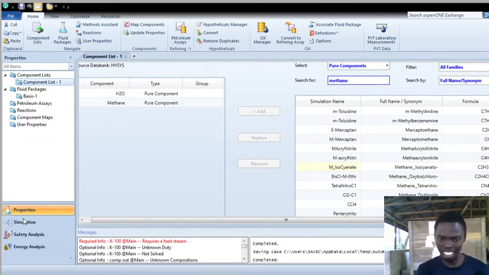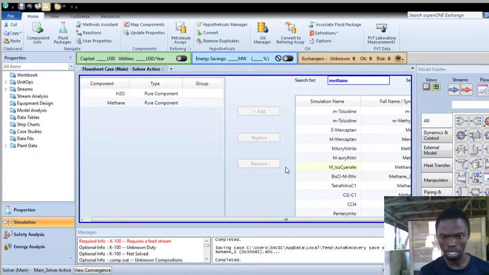When you say yes, it means everything you do regarding the methane will not be calculated. But when you hit no, it means you want the methane to be calculated. You want to have the calculations for methane also on your system. So you hit the no button and then it takes you to the simulation environment.